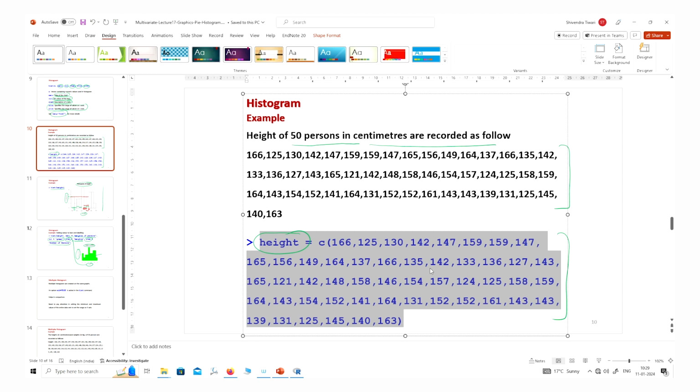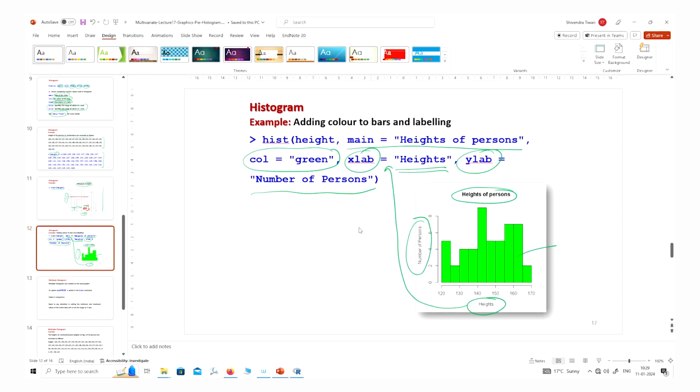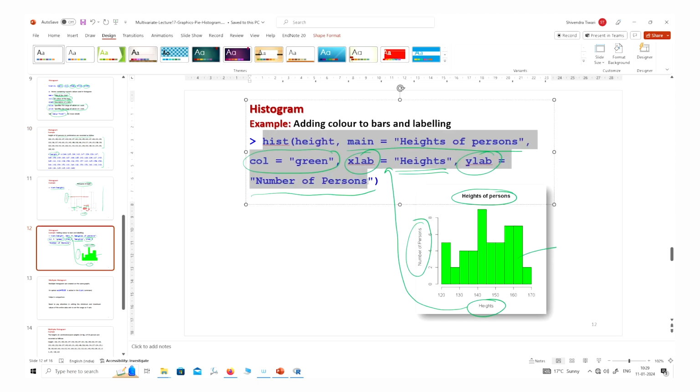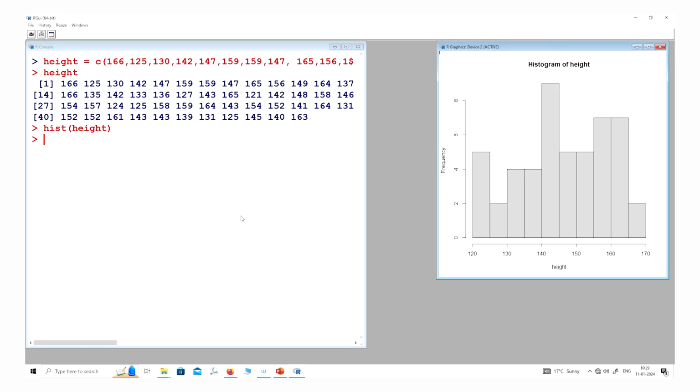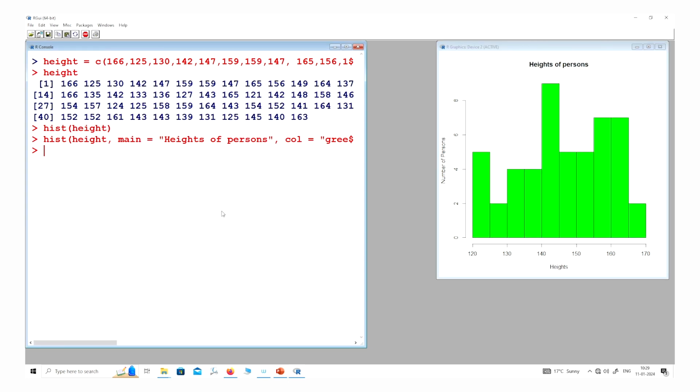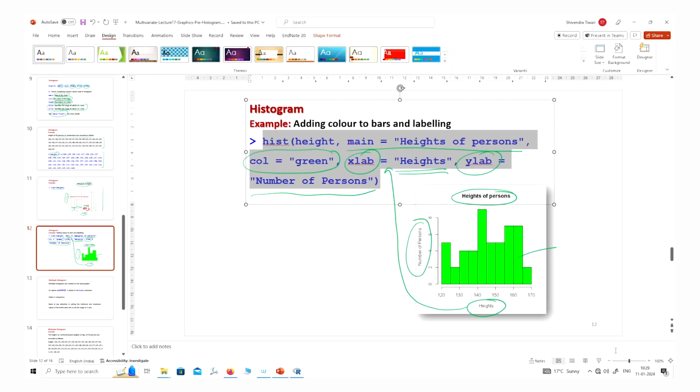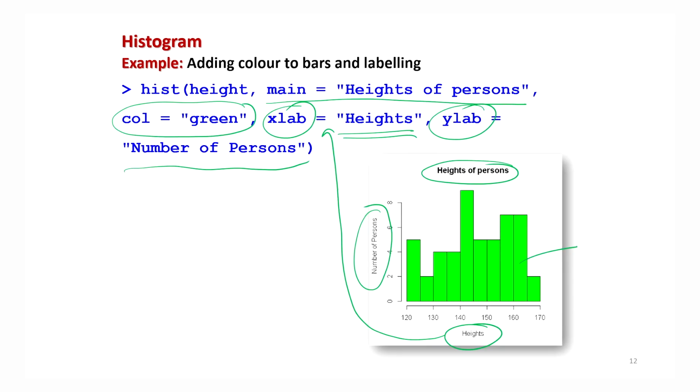Now, in case you want to make it more beautiful, you want to give some information, so I can use the same command here, and you can see it will give you the histogram in green color, and this is the same histogram which I have just illustrated in the slides, right. So, now you can be confident how you can create the histogram.